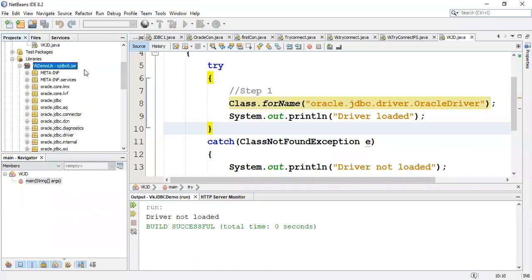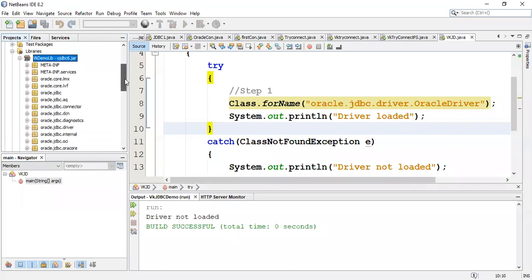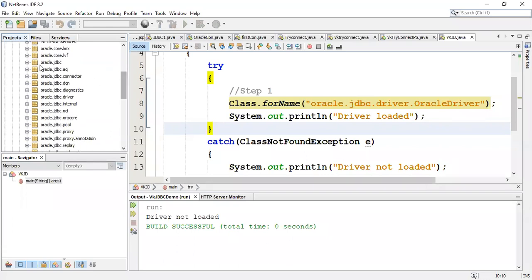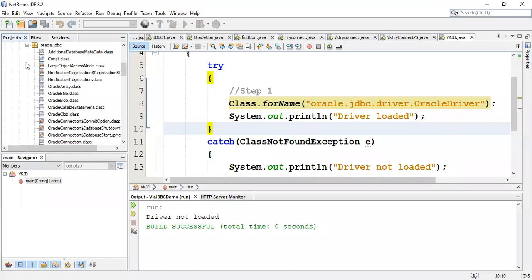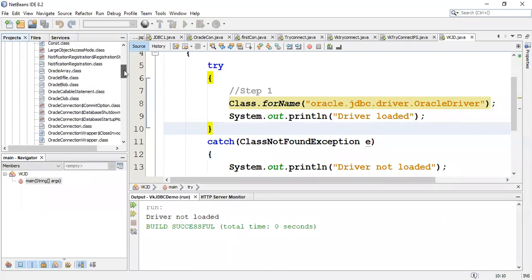I'm asking Aditi, that means she's representing all the students today. So here, VK demo lib. This library is showing me this jar file. What is there in this jar file? Now, can you see here in class.forName we have used oracle.jdbc.driver.oracle driver. That is nothing but all these packages are there in this library. Can you see your oracle.jdbc package on the left side? Yes, ma'am. I have clicked on the plus symbol. So inside the Oracle JDBC package, these are the class names.